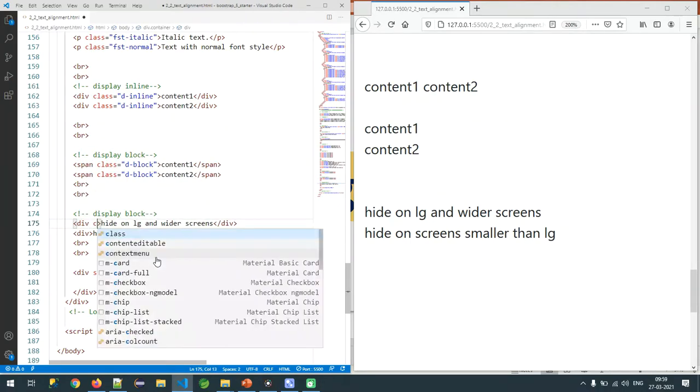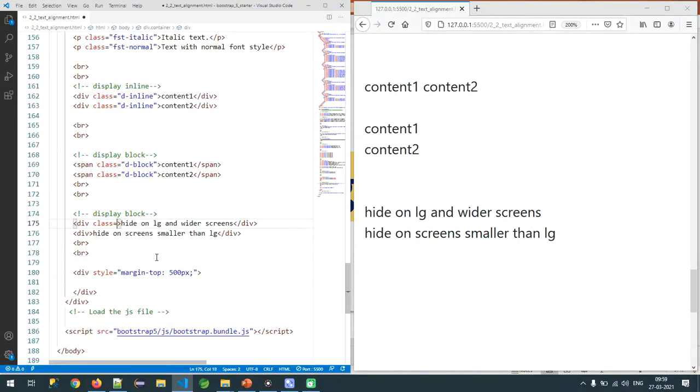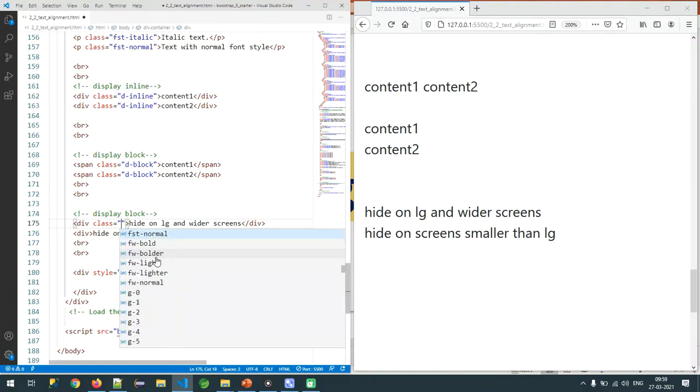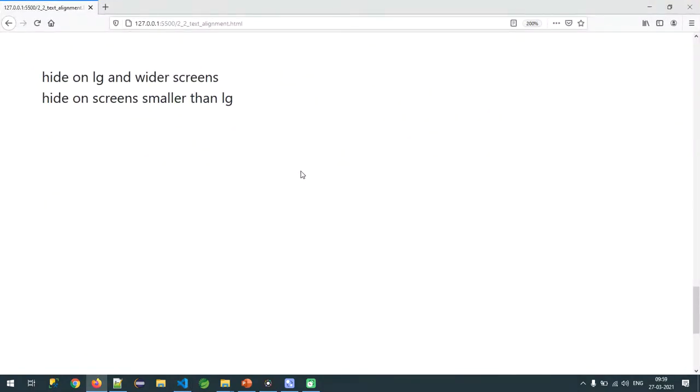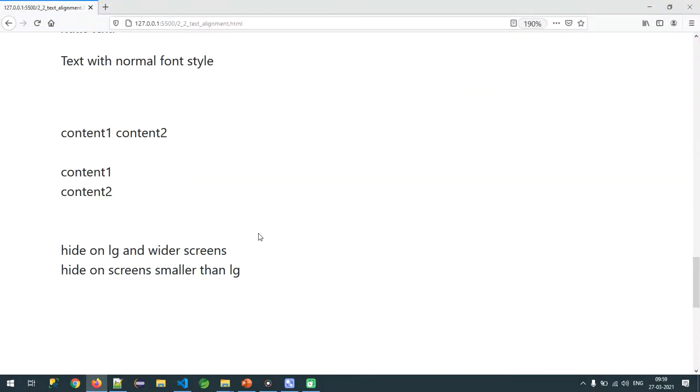And in the same way, we can hide the element also. Sir, my requirement is I want to hide the element on larger screens. So very simple: d-lg-none. So right now we want to hide the element on what, sir? Hide on larger screens. Let me show you that. I'm just zooming out.